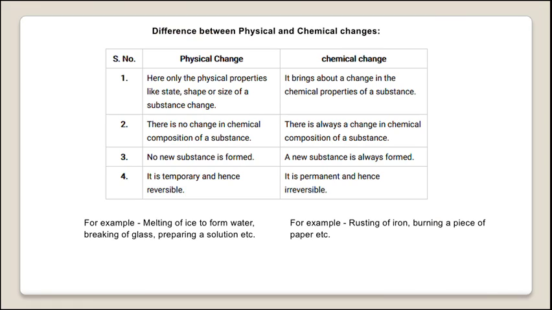Melting of ice to water can be easily reversed and it is a physical change. So basically we have to remember that in a physical change the identity of the substance remains the same, whereas in a chemical change the identity of the substance gets changed. In a physical change only the physical property changes, whereas in a chemical change the chemical property of a substance changes. Thus this is the reason why the identity of the substance gets changed. Like if we tear a paper, the identity of the paper remains the same, that is it is a physical change. Whereas in a chemical change like burning of paper, the identity of the paper gets changed. Now it is converted into ash, thus it is called a chemical change.